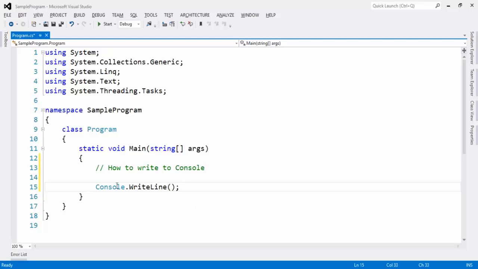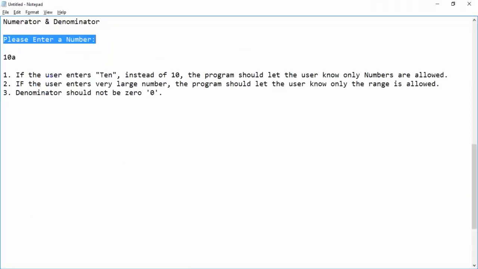Do not worry about this class. What is it that I'm talking about? Console is a class, Program is a class, and there is a namespace. In our regular classes, we'll be discussing each and every thing in simple terms: what this Main method is, what void means, what args means, what the WriteLine method is, and why these lines are required. We'll be covering all of these in our regular classes. As of now, just concentrate on how we are achieving these things.